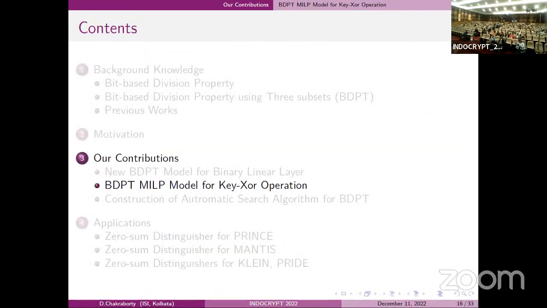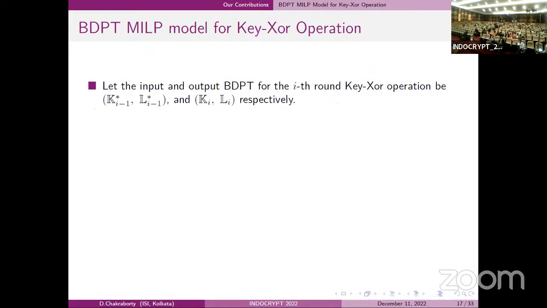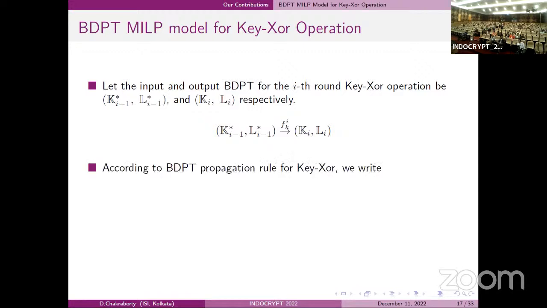So now the second part of our contribution: the BDPT will be modeled for the key-XOR operation. As I have told, for the key-XOR operation there is a transition of elements. Suppose we are starting with the division set, say K_{i-1}*, L_{i-1}*, and after the key-XOR operation, this will be K_i, L_i, where the ith key-XOR operation is f_{K_i}. So according to the rule,